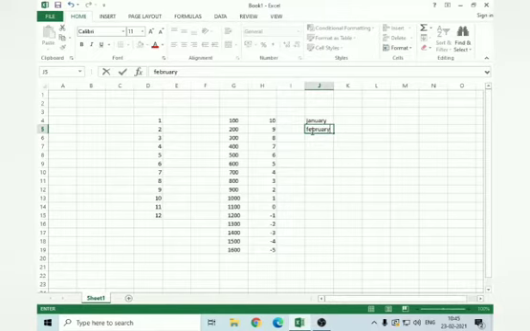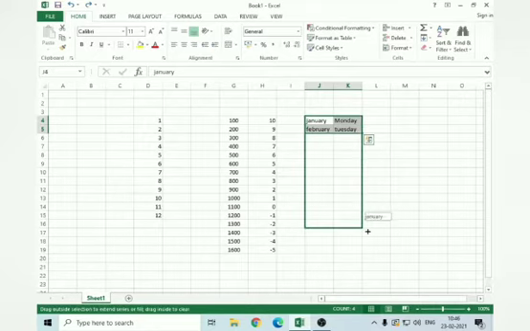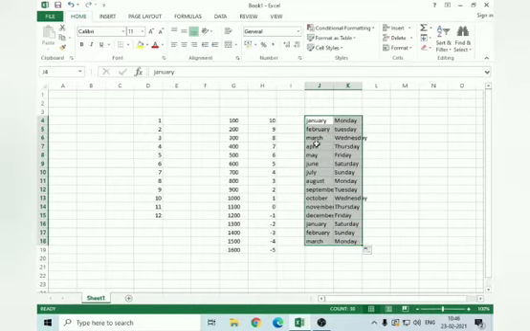January and February, Monday, Tuesday. Select the cells and drag. MS Excel displays the series of months and days.